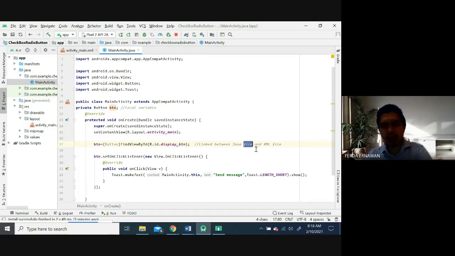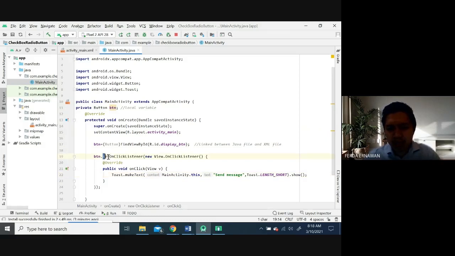The second and third one is the action, set on click listener.